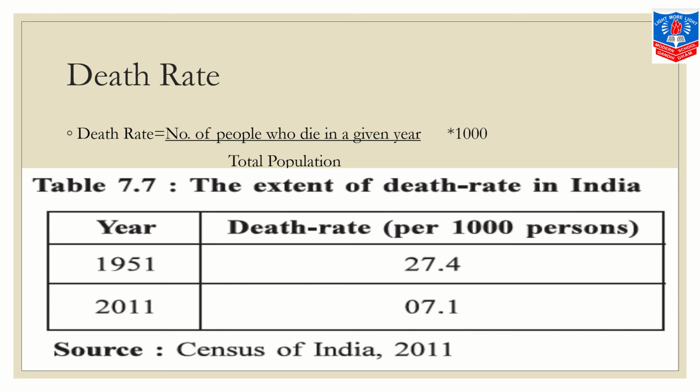Now, what are the main reasons why the death rate has fallen so much? The reasons are medical facilities, we all know. With the improvement in medical facilities, the death rate has reduced. Apart from that, the other reasons are control of famines. Famines have been brought under control. More irrigation facilities have been provided, so that deaths due to starvation have reduced.